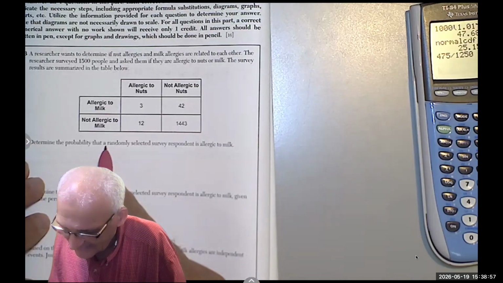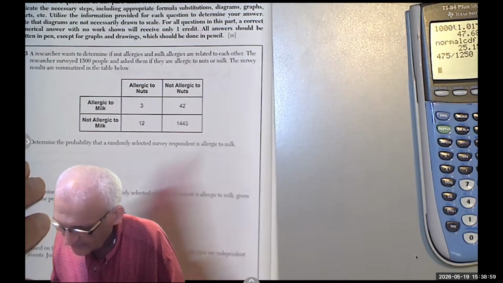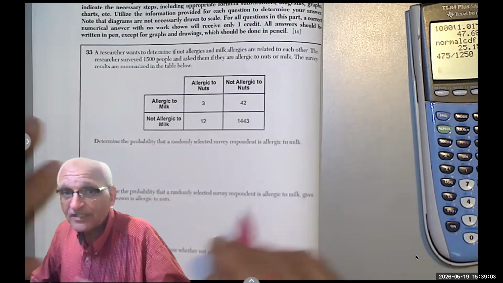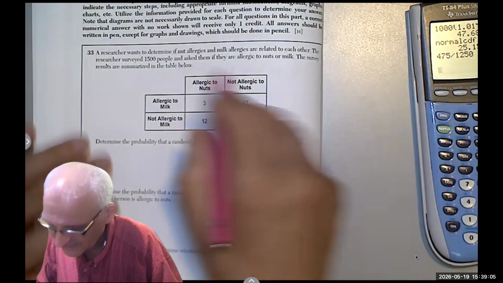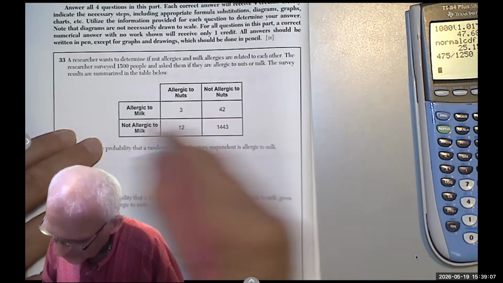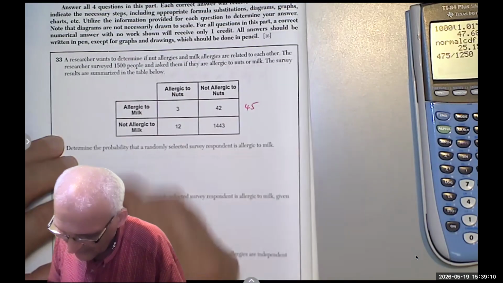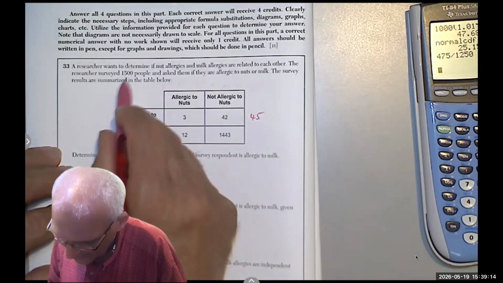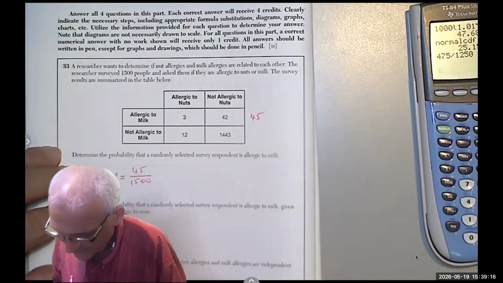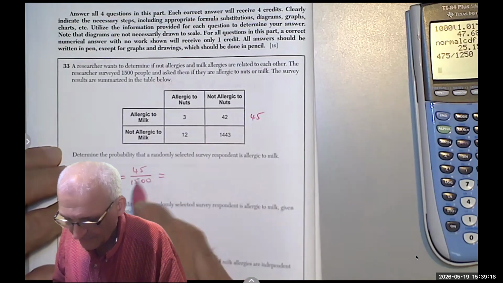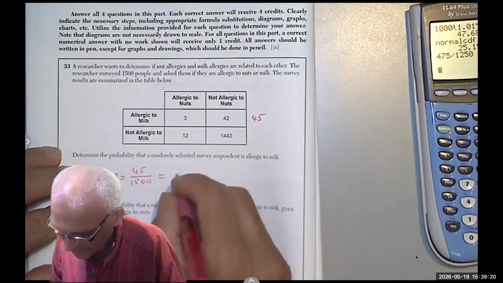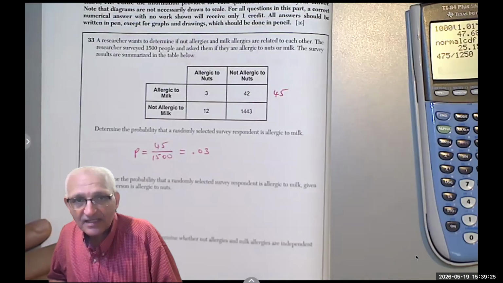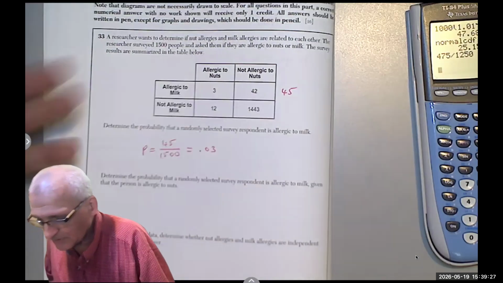Determine the probability that a randomly selected survey respondent is allergic to milk. Well, since I'm going to take one from the whole 1,500, then allergic to milk would be 45. So that probability equals 45 over 1,500. If you simplify by 15, you get 3 over 100 or 0.03. That's the probability that if I select someone at random, that person is allergic